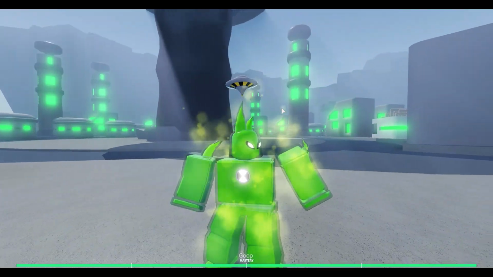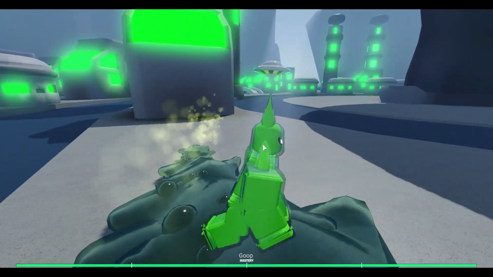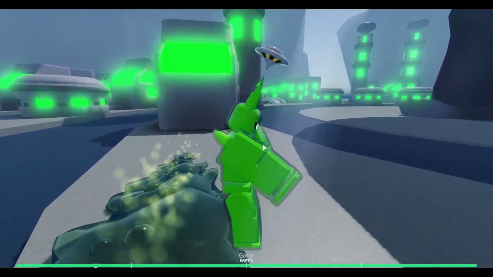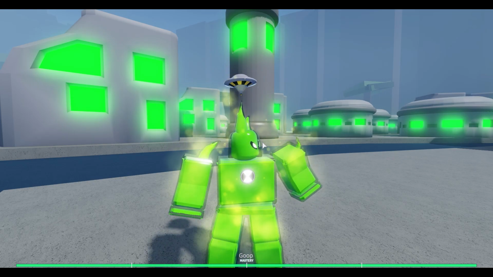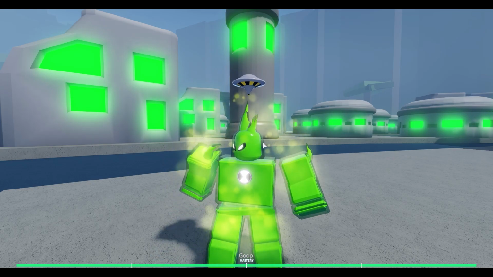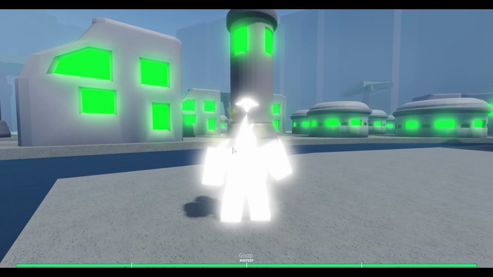You can go into a poisonous form. You see the smoke. So if I hit people, they take poison damage. I could put that down, and people get trapped in it. They won't be able to move. Besides, he has high healing. He heals very fast because he has a gelatinous form. So if you were to hurt him, he can heal very quickly. But if I go ultimate,